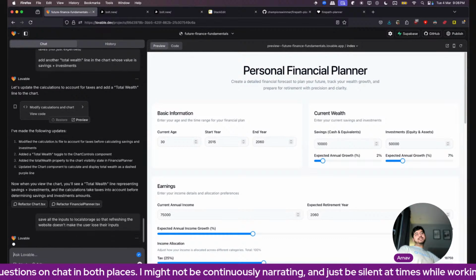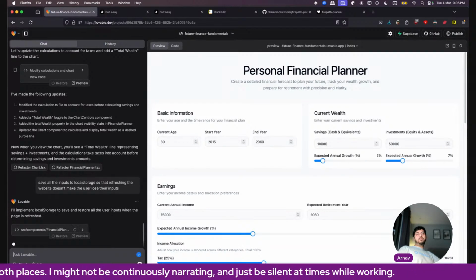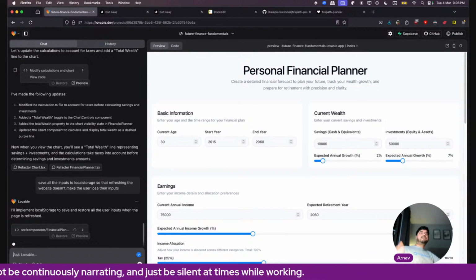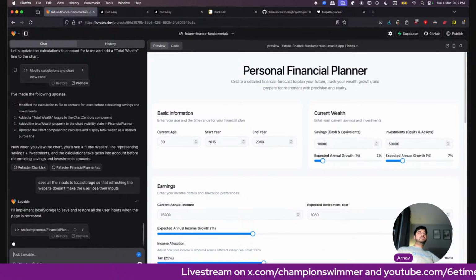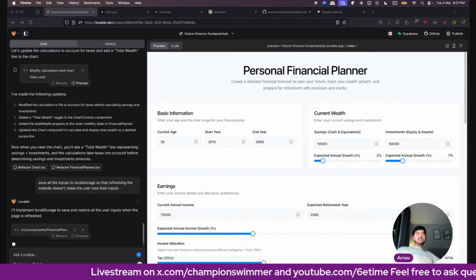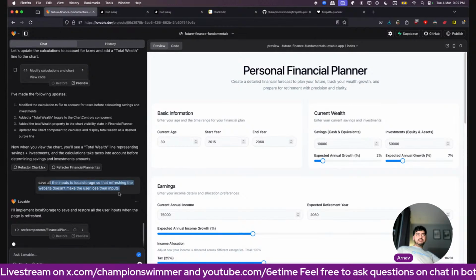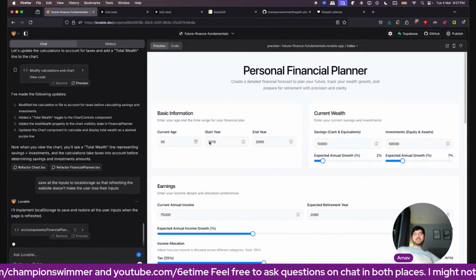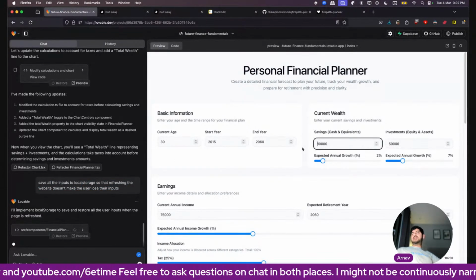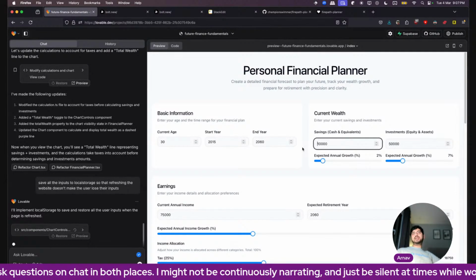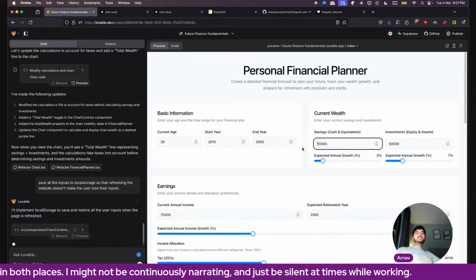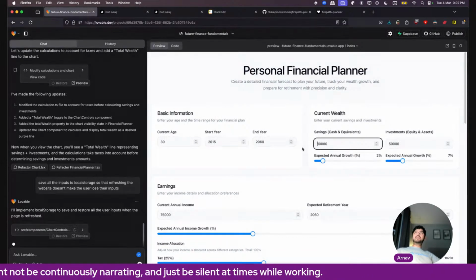Honestly, once the website has been built, after that, saying something like save all inputs, it actually can smartly do it. Again, as a software engineer, if I was asked to do this, I don't think it's going to be super difficult for me. I just need to find out where these input elements are, take their value, use probably some library which does local storage saving, or I will just do localStorage setItem or getItem and do it. So it's not like I have to rack my brains on how to do this thing.